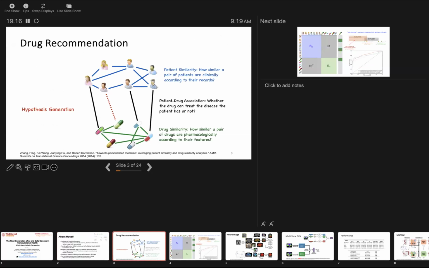As I said initially, when I did my PhD study, we did linear algorithms, we did label propagation, we studied the spectrum, we did normalized cut, and now everything becomes nonlinear, and of course deep and more complicated. This is an early work when I was at IBM. We tried to use early label propagation type algorithms to do drug recommendation. We collected a set of patients and a set of medications from the electronic health records, and we calculated patient similarity and drug similarity. We also had an algorithm doing metric learning to optimize a metric, but